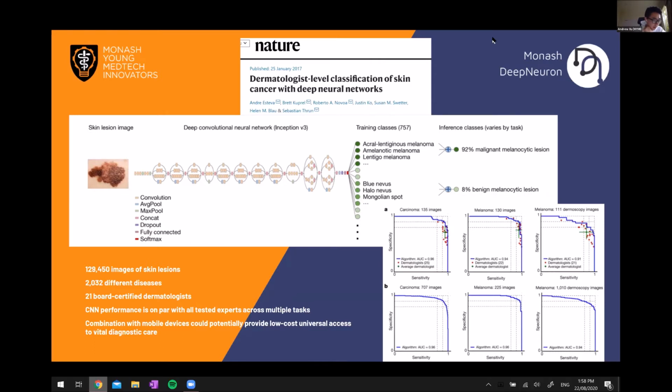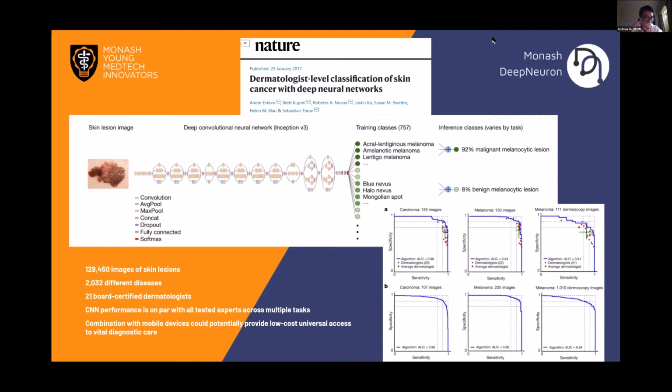So this was a huge effort. The scientists tried to build a convolutional neural net to predict whether or not skin lesions are dangerous. This involved a lot of data, about 130,000 images covering a bunch of different diseases. They tested the accuracy of the model against a board of 21 board certified dermatologists to see whether the model is competitive in diagnosis accuracy.